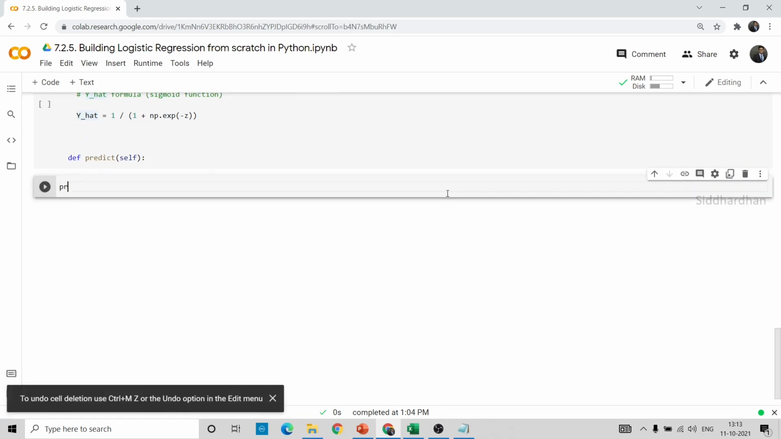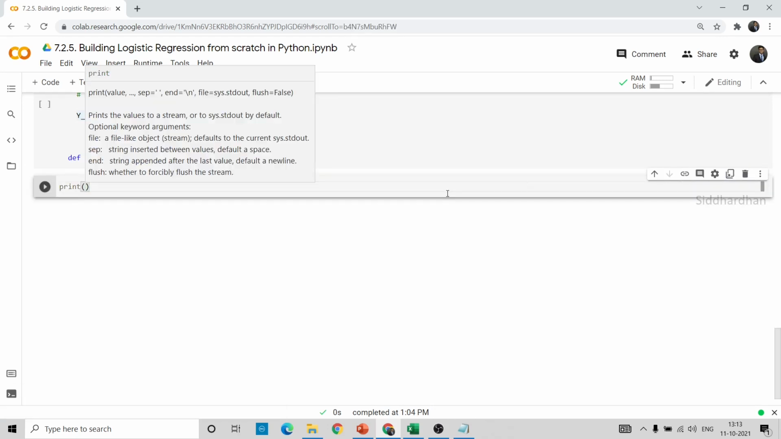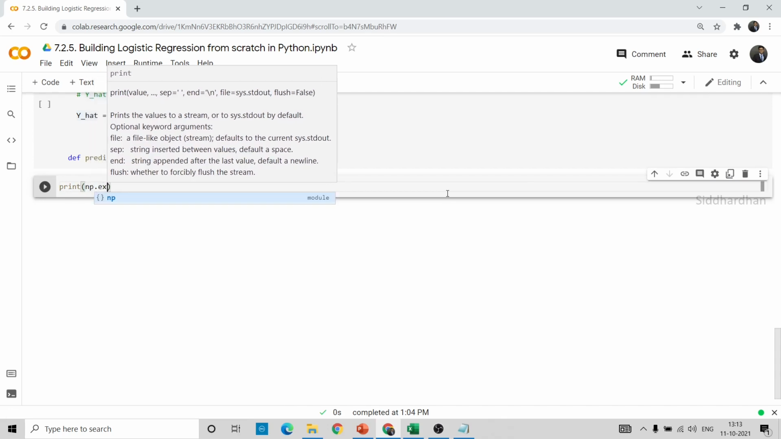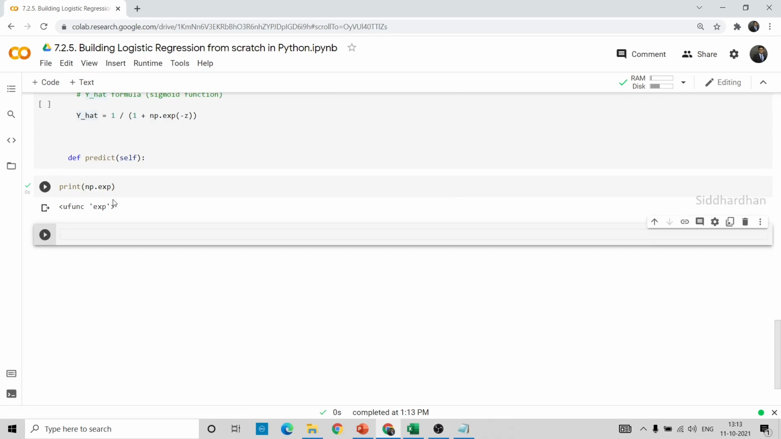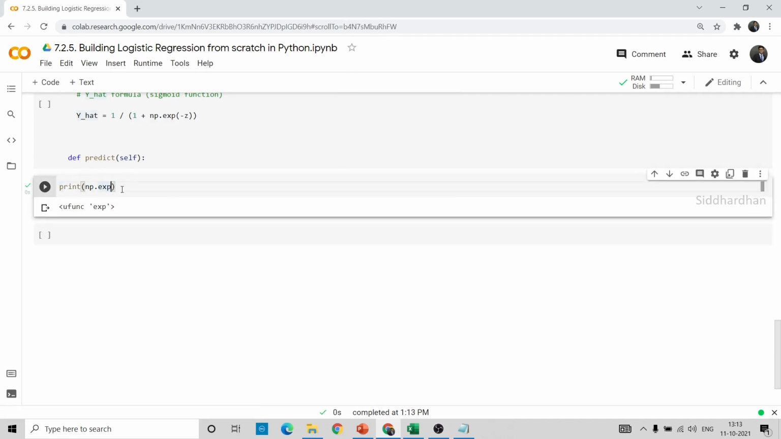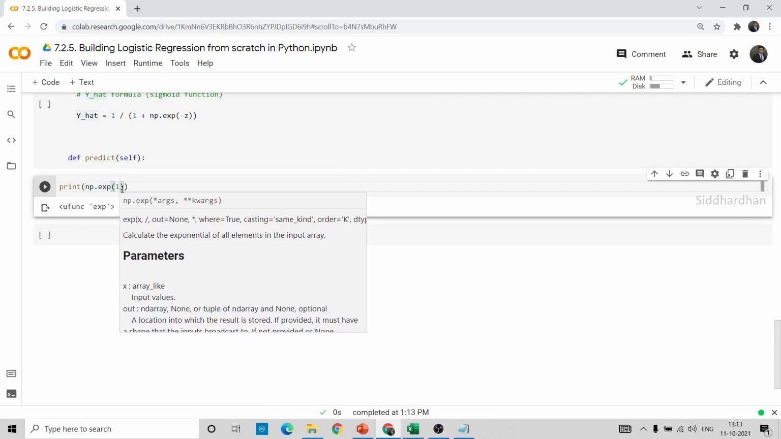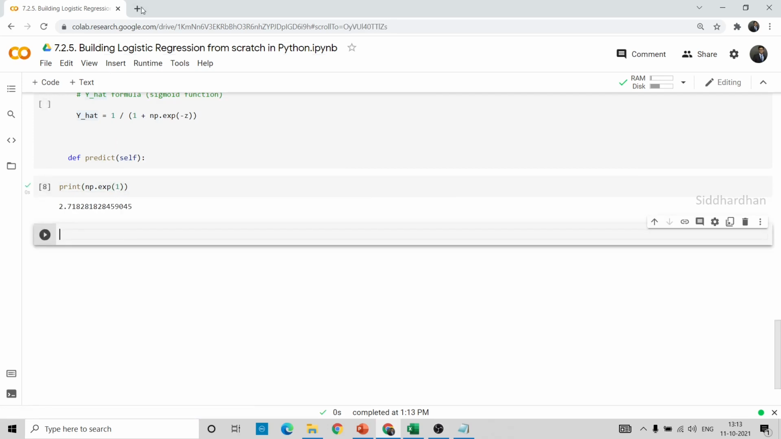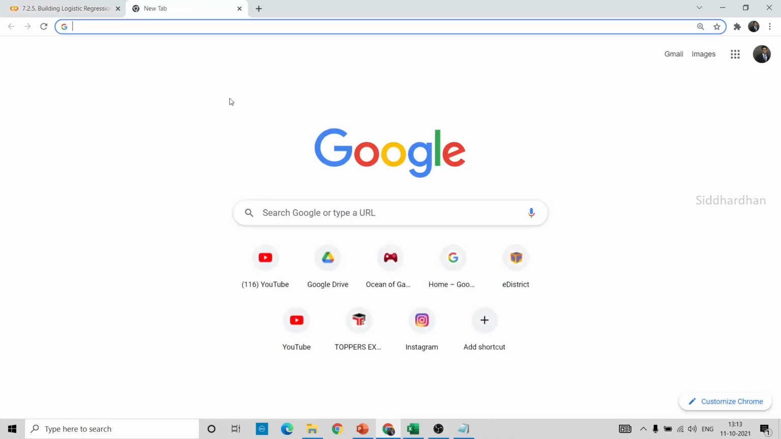Okay, so if you just print np.exp, your value will be... I'll just give the value here as np.exp(1). So what this basically means is,